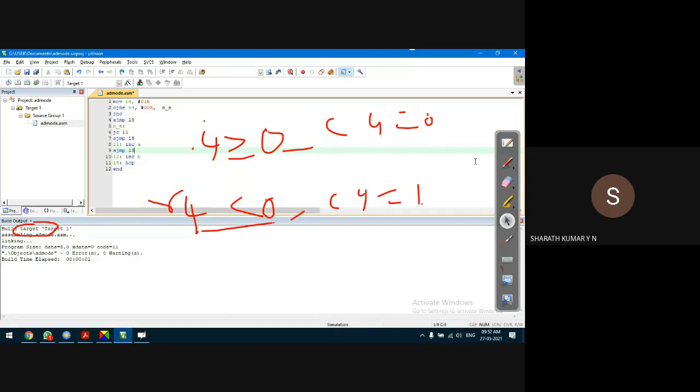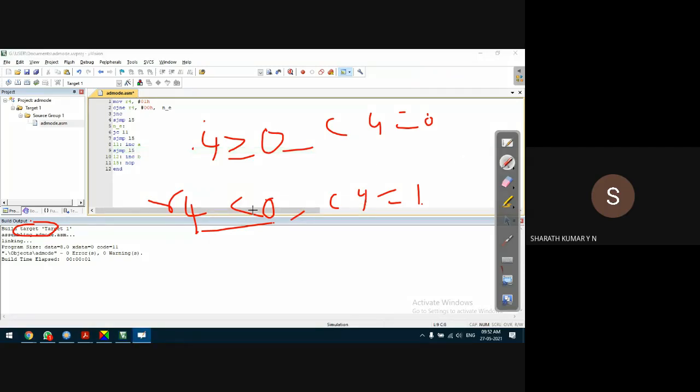What is the final situation now? If it is not equal, it goes to NE, and in NE, I'm checking carry. If carry is set to 1, it will go to L1. Let us say R4 and the immediate data are equal. Again I'm checking the condition of carry.